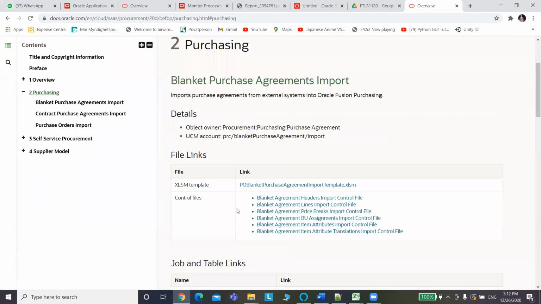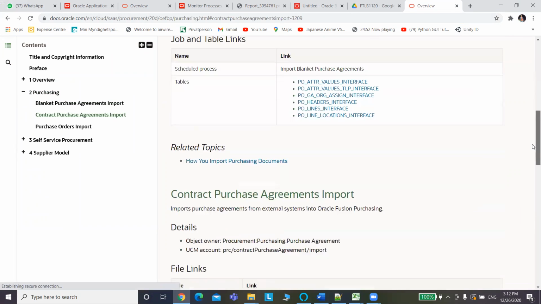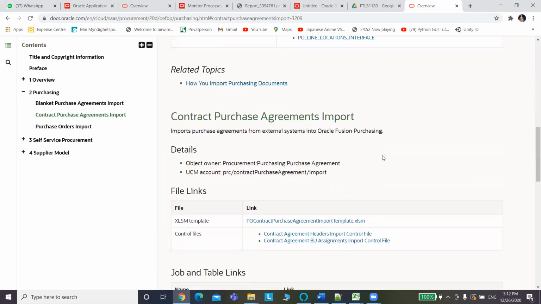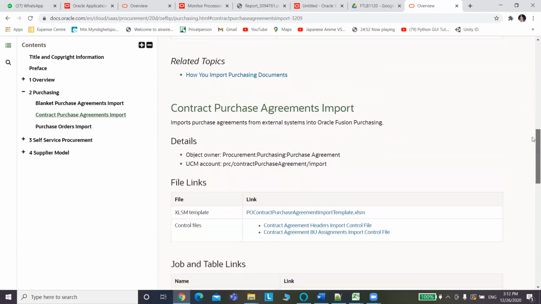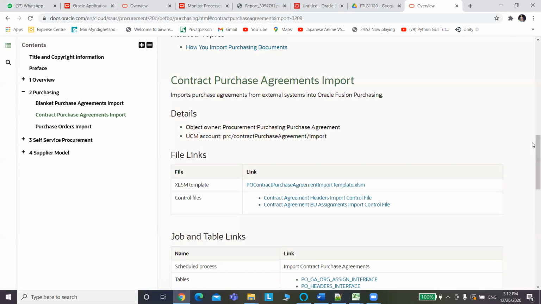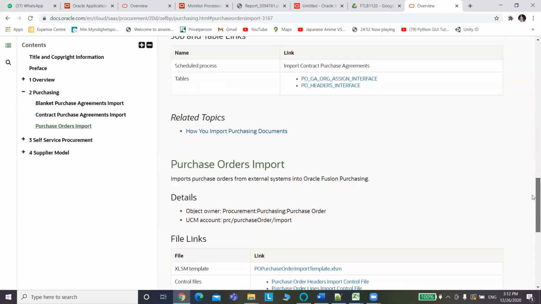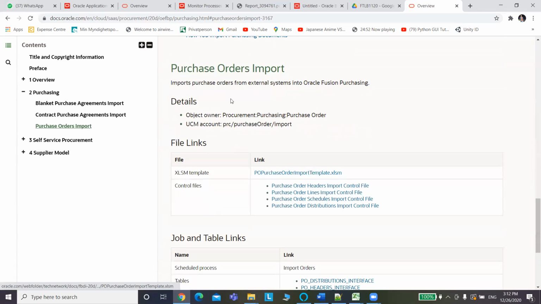migrate any BPA, blanket purchase agreement, you need this particular template. And so we have purchase order, we have BPA, we have a CPA also, contract purchase agreement. So based on the business requirement, if they are also having the contract purchase agreement, we'll choose accordingly whatever FBDI is needed. So this time we'll select this particular FBDI, the purchase order import template,